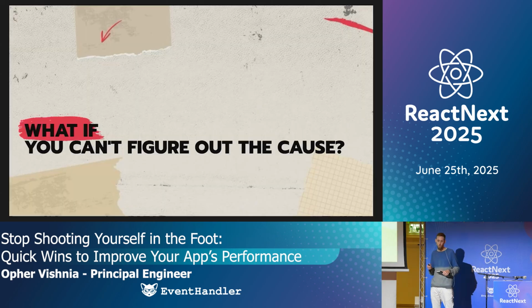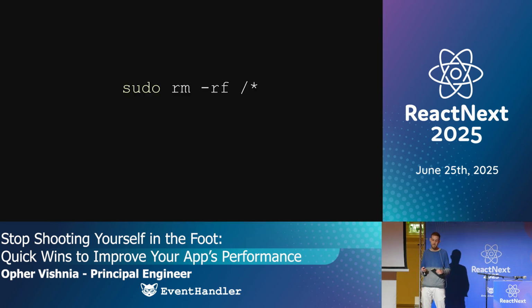So what if you can't figure out the cause though? Like sometimes your app is just a mess, and it's not one component that's at fault. You have several components. What do you do then? Well, if everything else fails,